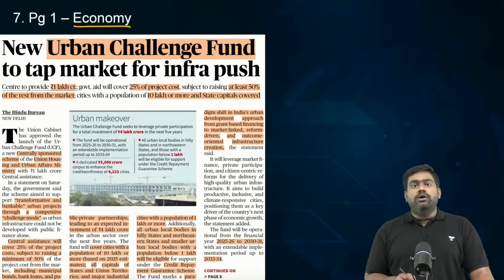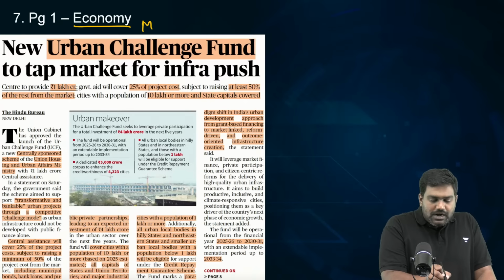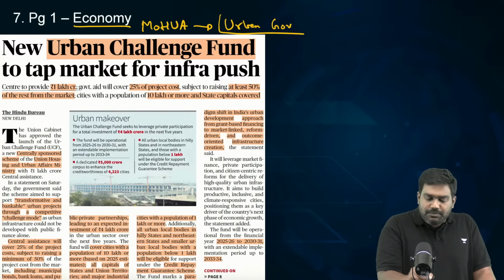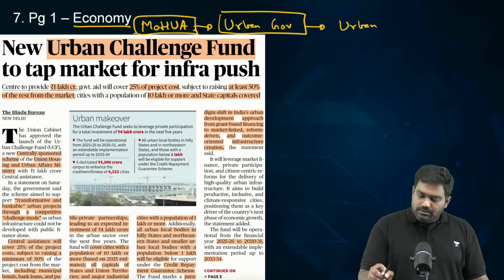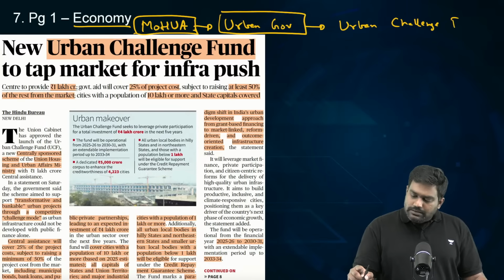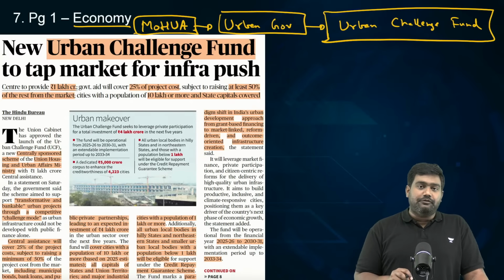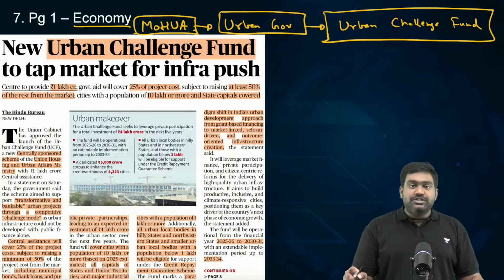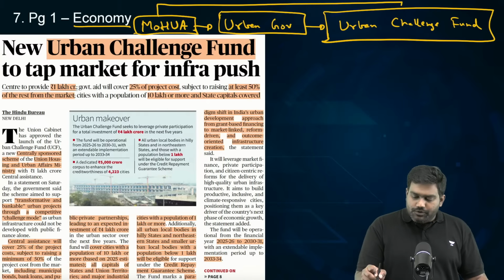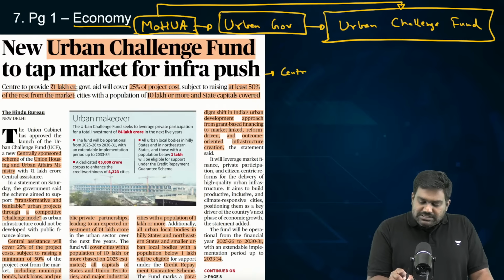The government of India has rolled out a very ambitious scheme. A new scheme has been launched by the Ministry of Housing and Urban Affairs to provide for a transformation in urban governance. This new scheme, known as the Urban Challenge Fund, has been labeled as the most audacious transformative attempt by the government of India to transform urban infrastructure and governance in the country. So, Urban Challenge Fund, rolled out by the Ministry of Housing and Urban Affairs, will be a centrally sponsored scheme,